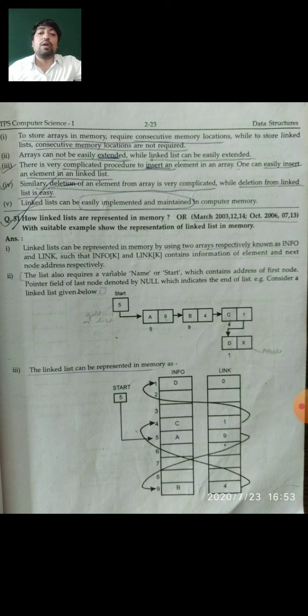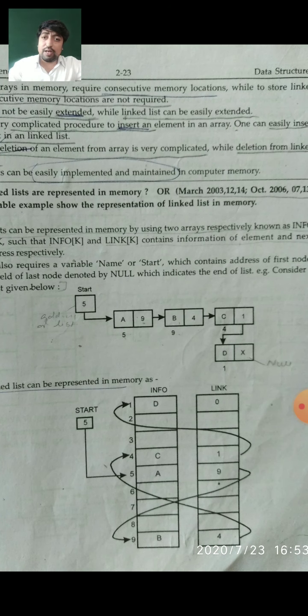So you can see the start node contains the address 5 in the given example. For example, consider a linked list as given below. You can take your own example of a linked list also. Just read the example. You can take your own values to explain the question in the easiest way. You can take your own example for explaining the concept of linked list representation in a memory. But right now I am explaining the concept related to your textbook.